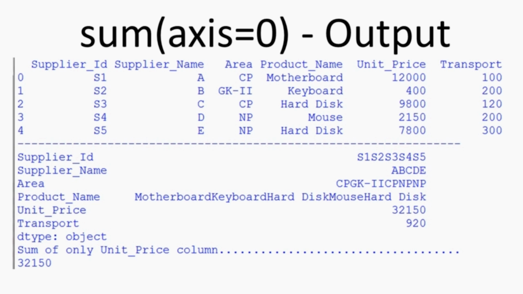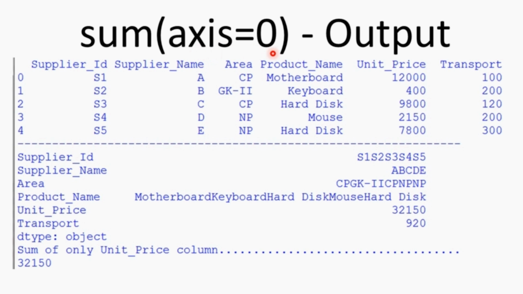Now see the output of the previous code. Here, this is the data frame. Now see, we are getting the column wise sum. Supplier IDs are S1, S2, S3, S4. So strings are appended when we apply the sum function.